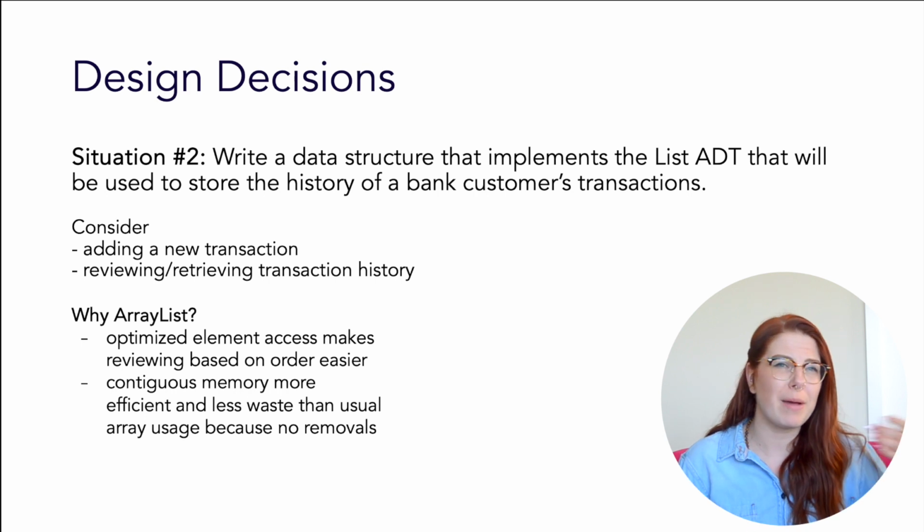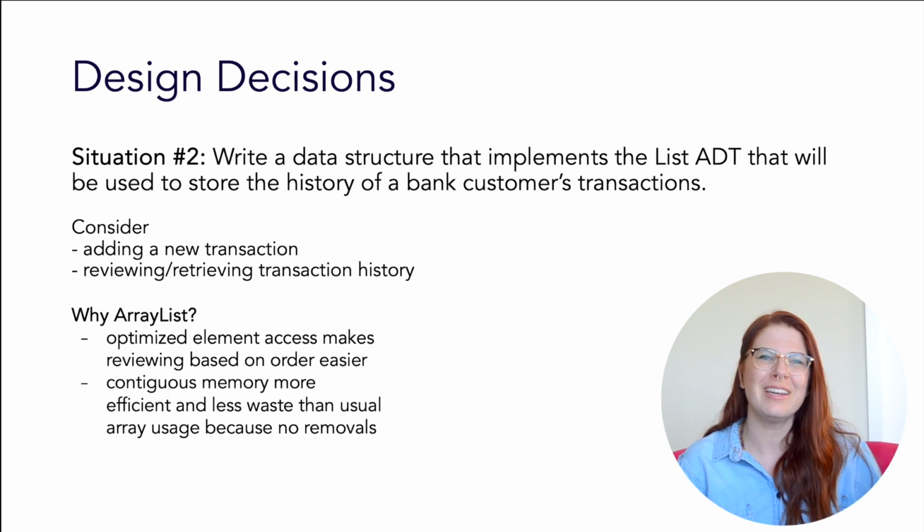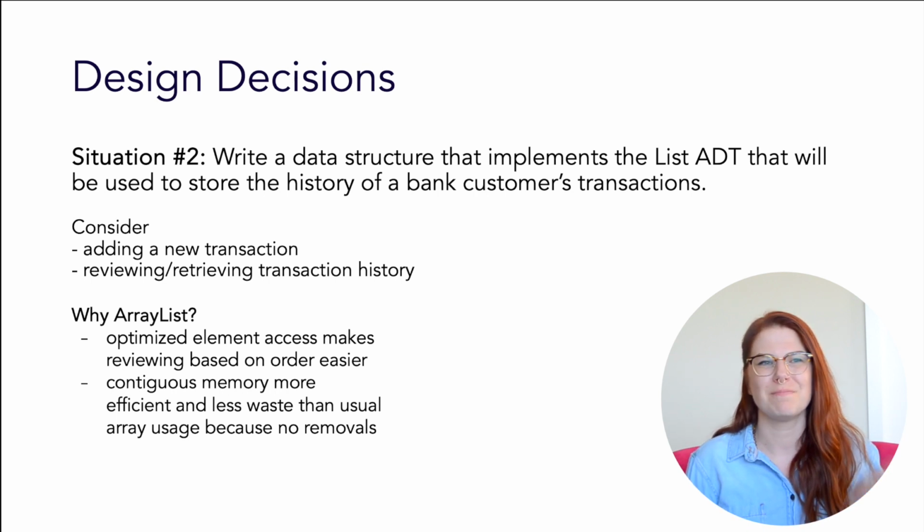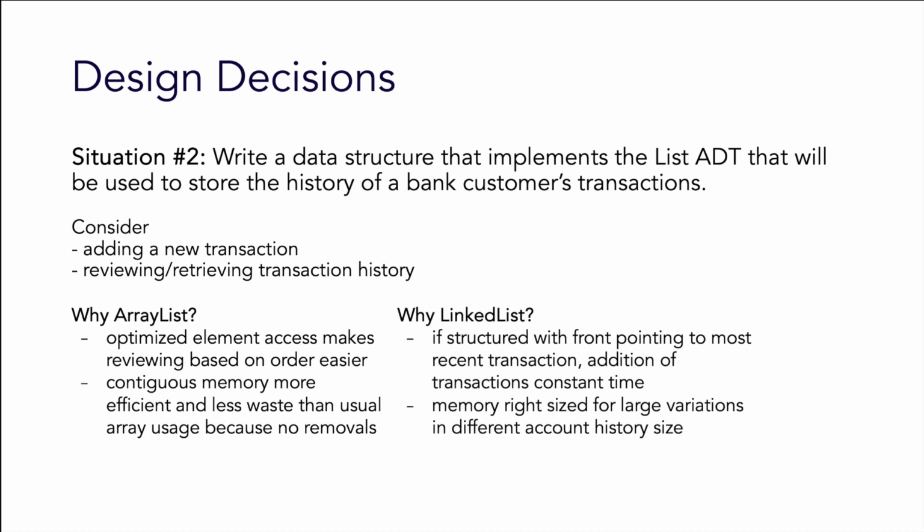You don't have to worry about it removing transactions. Hopefully you're not editing history. So an array might be an okay memory usage in that context. A linked list, depending on how you implement it, you could just get that constant time additions if you're always just adding to the front,